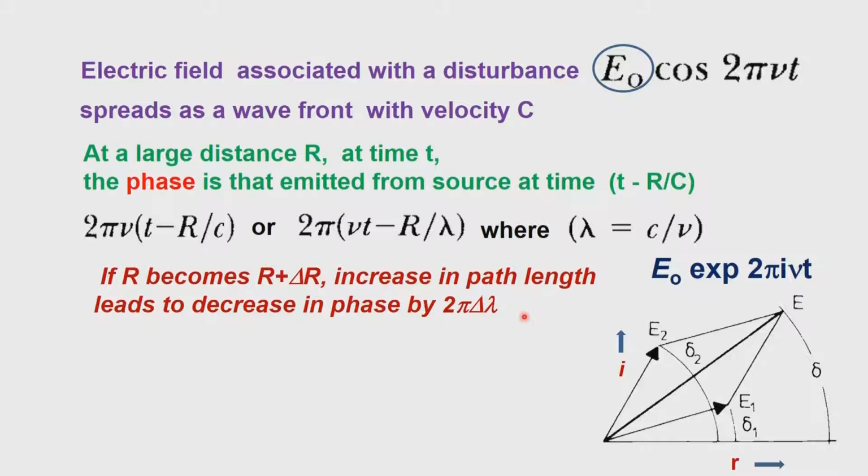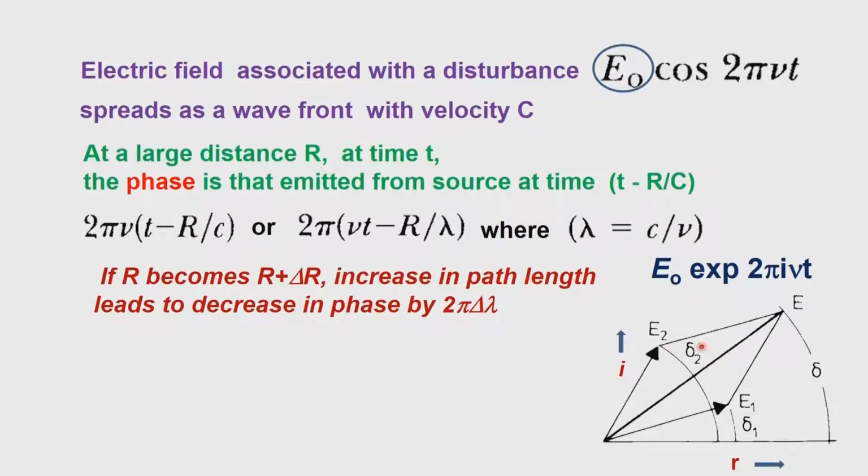So, what happens in a typical experiment which we did in the last class about the interference experiment, for example, is the fact that when two waves come in and interact with each other, there is an interference, and that interference depends upon where the waves originated from. That means, it depends upon the delta 1 and the delta 2 which are shown here. Depending on the value of delta 1 and delta 2, we will get a resultant which is corresponding to the phase delta and the value E.